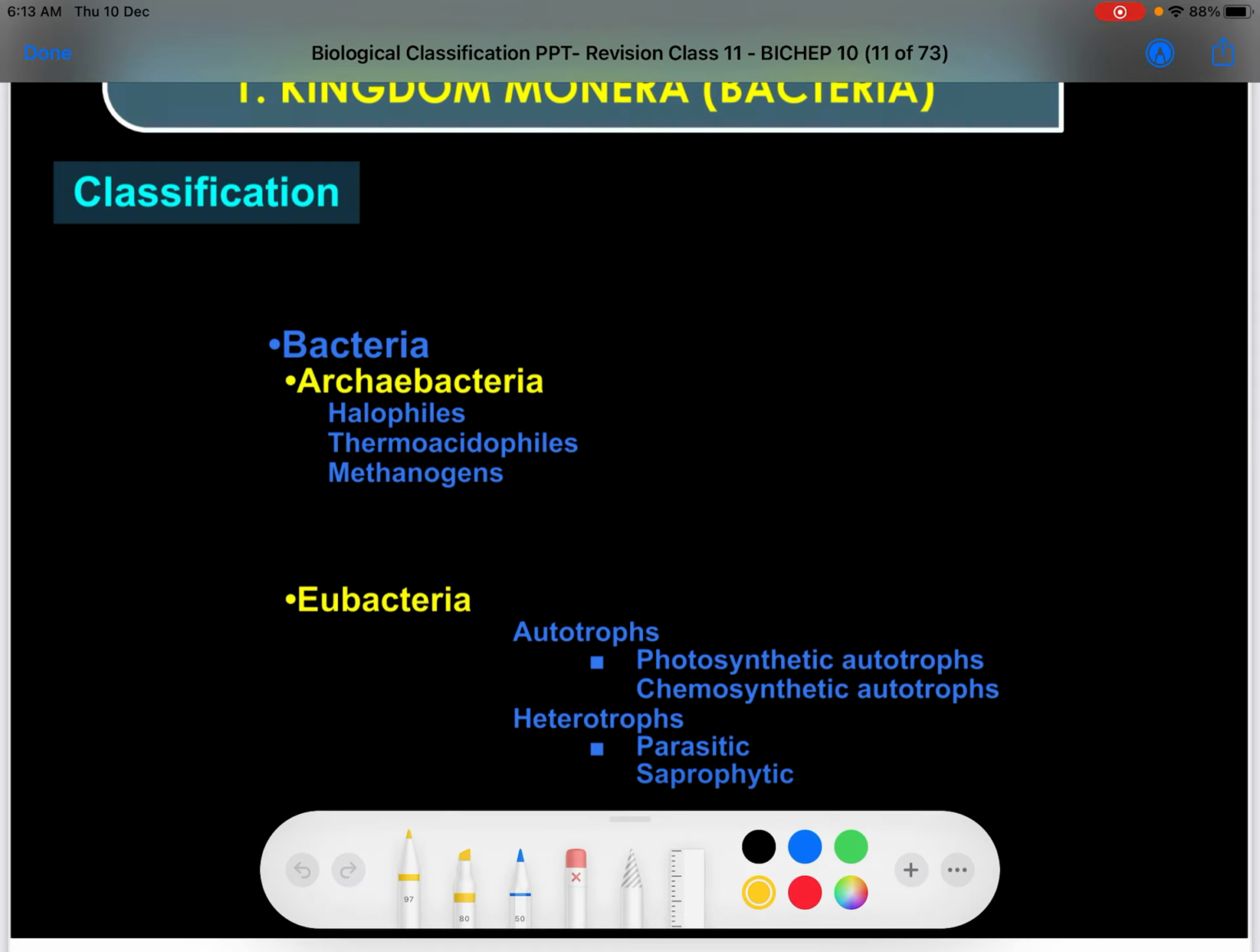Now this is the classification of bacteria. Bacteria are of two types. Number one is Archaebacteria, and the other type is Eubacteria. Archaebacteria are of three types. Number one, they are halophiles. Number two, they are thermoacidophiles. And number three, they are methanogens. Eubacteria are of two types: